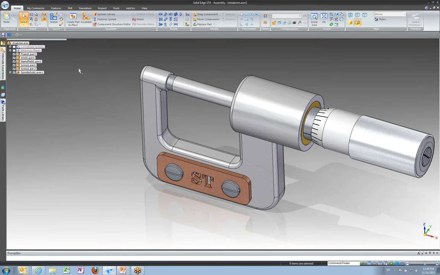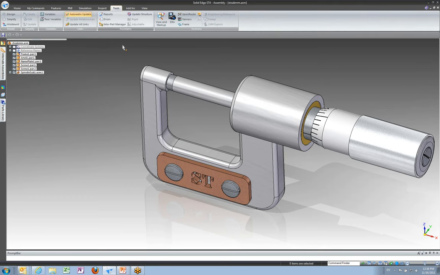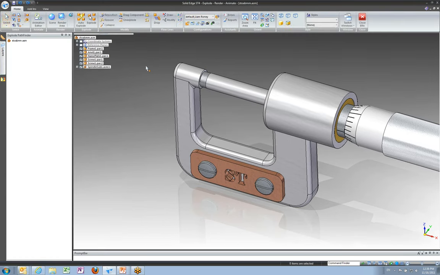So before I go any farther, I'll just hit Save to save my assembly. And let's go and create an exploded view. To create exploded views, you want to find the Explode, Render, Animate button in the Tools tab. It's right here. And that will take us into the environment in the assembly where we can create rendered views,